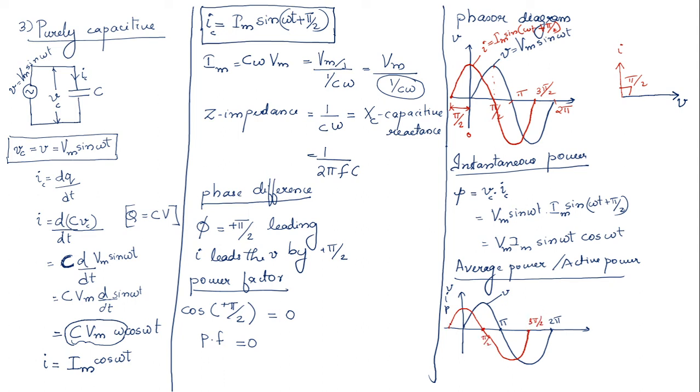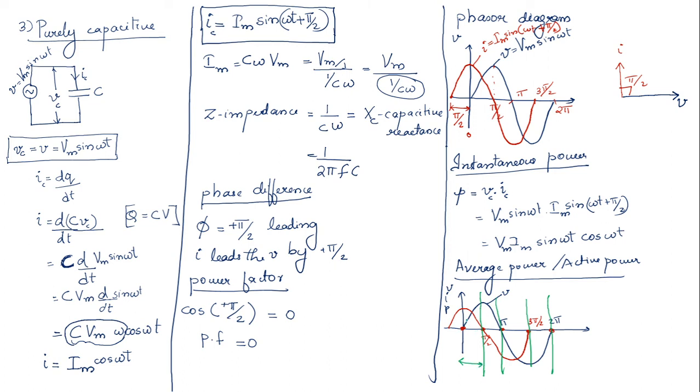Now, as we have done for the resistive and inductive circuits, I hope you remember the method. What we have to do is first darken every intersecting point on the x-axis. Here you can see every intersecting point on the x-axis is darkened, and now we are going to plot the power curve. Here you can see the voltage and current curves. Now I am drawing some intervals in between, and we are going to plot the power curve for these intervals. Now we are going to find out the power curve for the interval 0 to pi by 2.